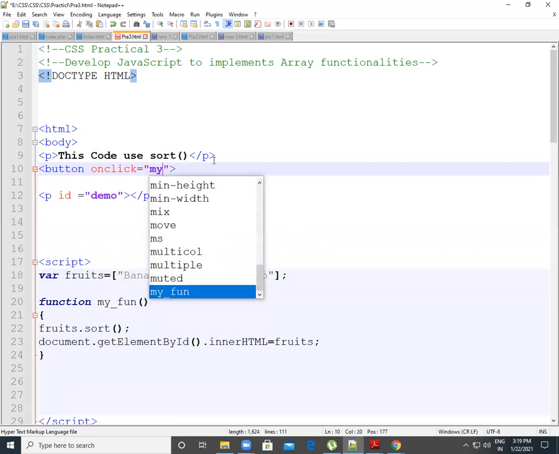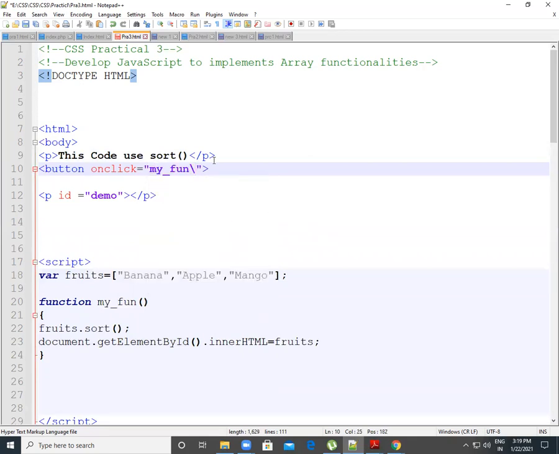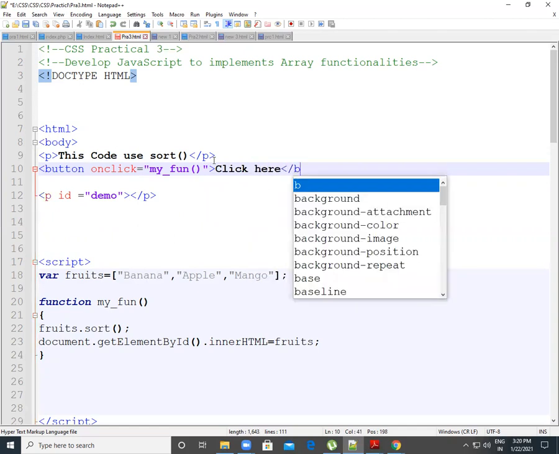So I will declare my function name, and give my function name, sorting. Click here. Okay, click here. This is my button name.